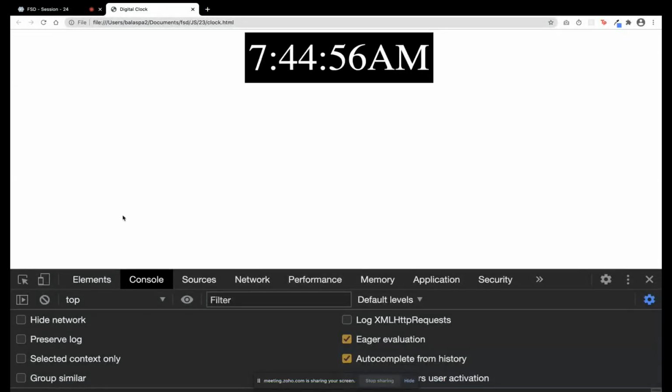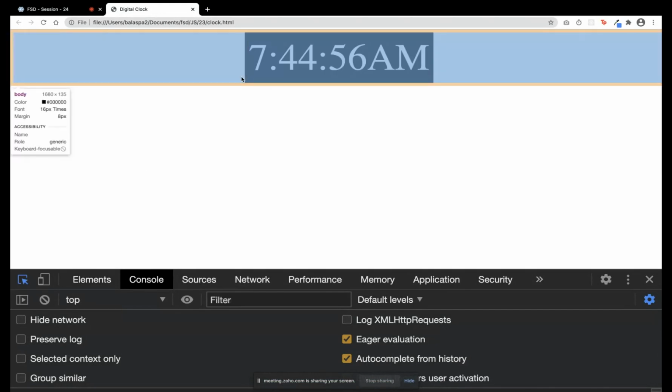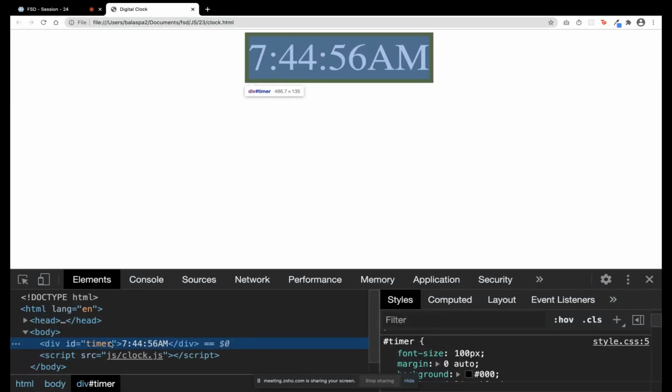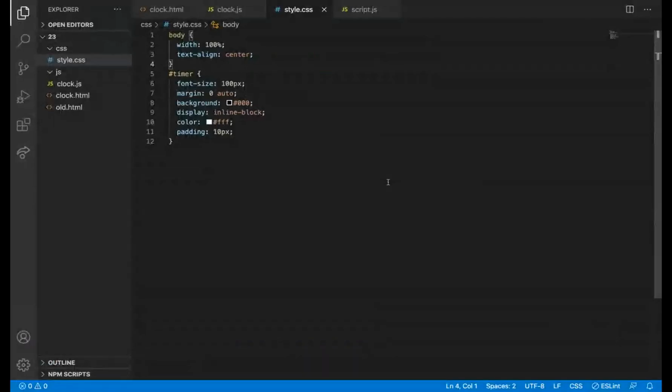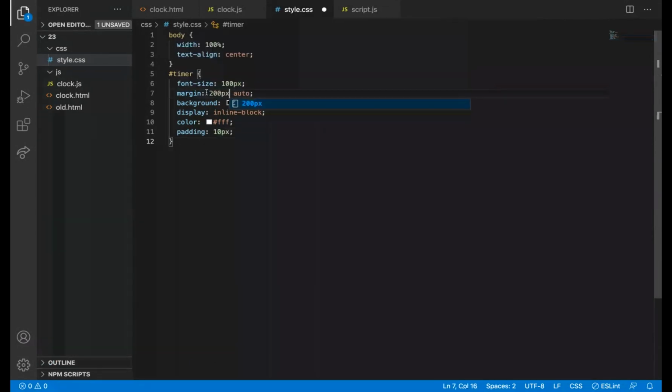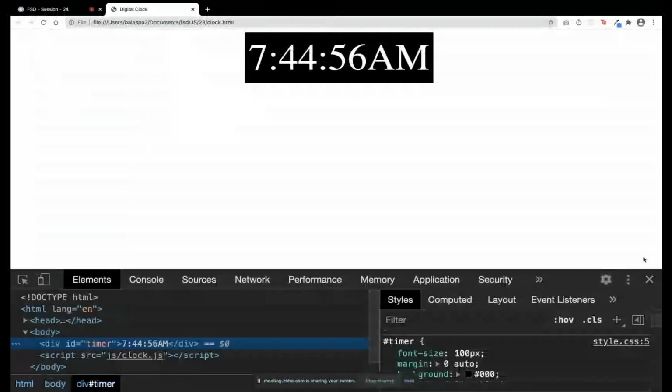So it came. For the parent element, the parent element is body. So I gave text align center to the body. So it came to the center. And I'm going to add some margin, 300 pixel top and bottom. Fine.